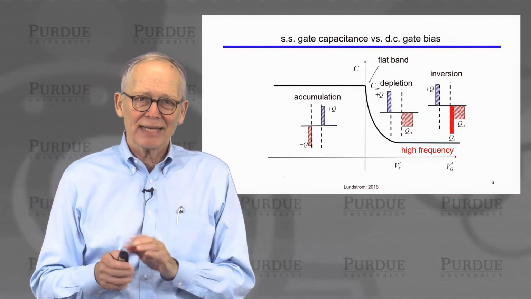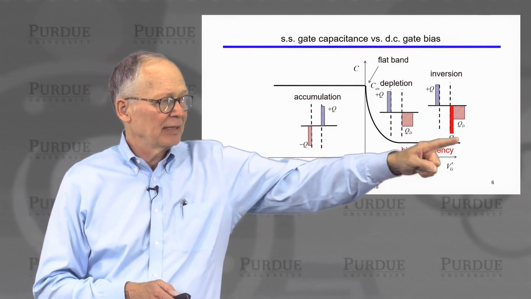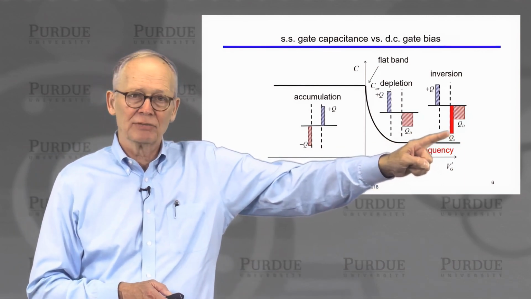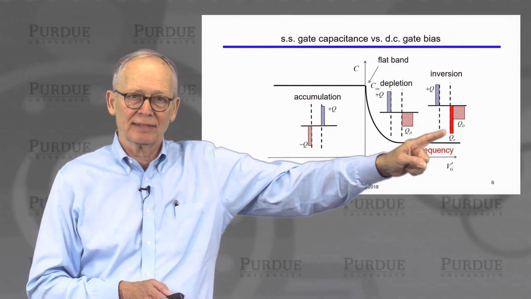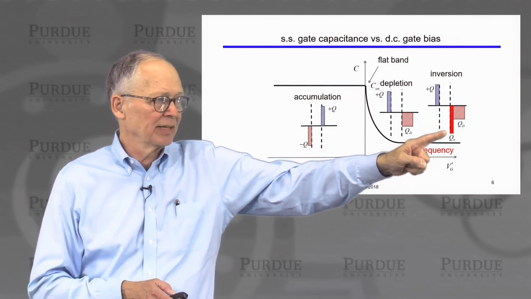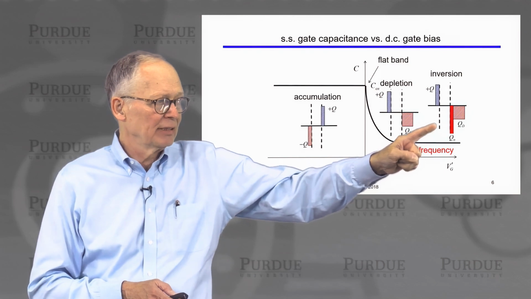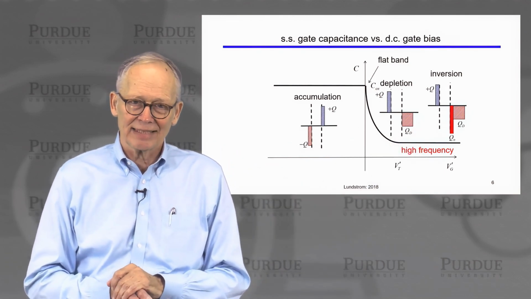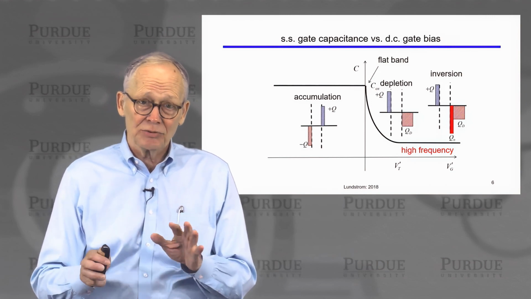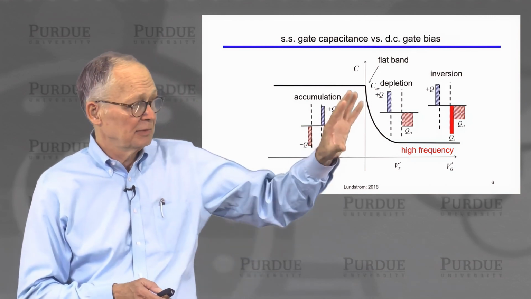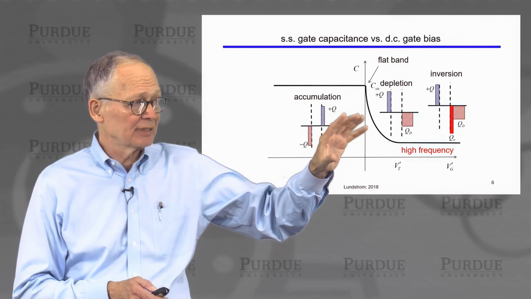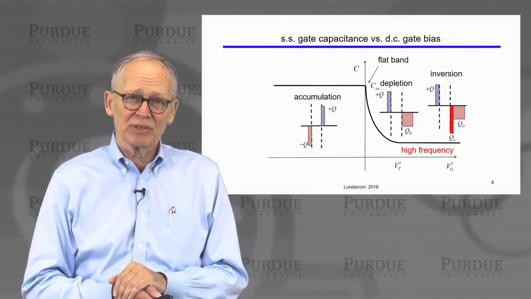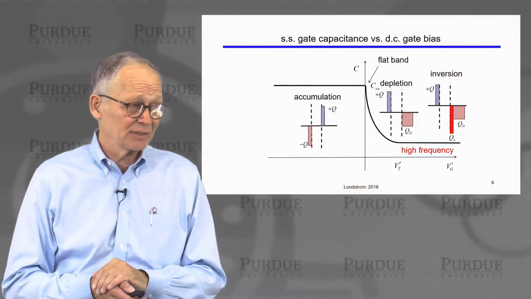Now, you might ask, don't we have a metallic plate now? A strong inversion layer, lots of electrons, a highly conductive layer right on the bottom of this insulator, and a metal right on the top. Shouldn't we get the oxide capacitance again? Well, you do if you measure the capacitance at a low enough frequency. But if we measure it at a high enough frequency, and it usually doesn't take a very high frequency,